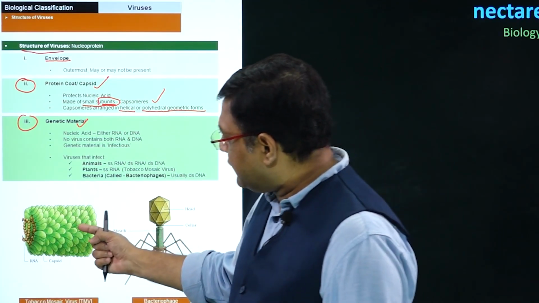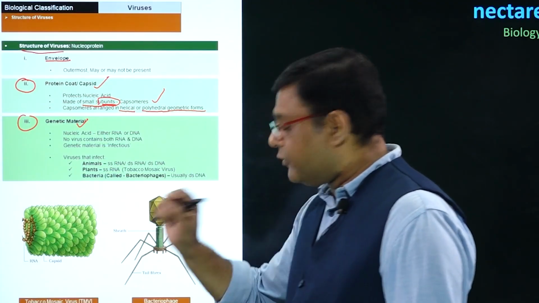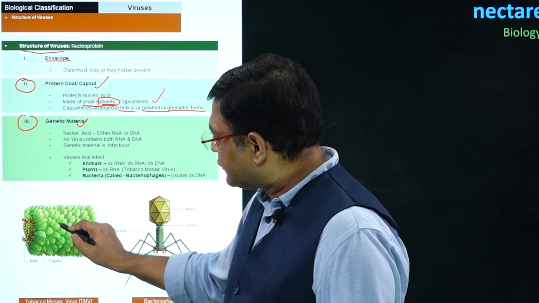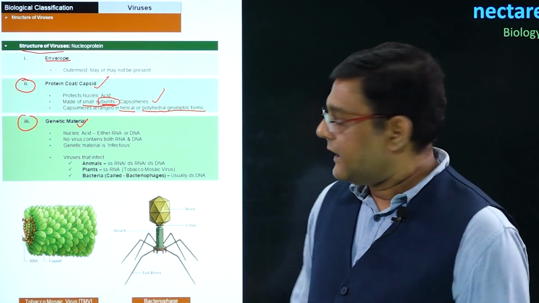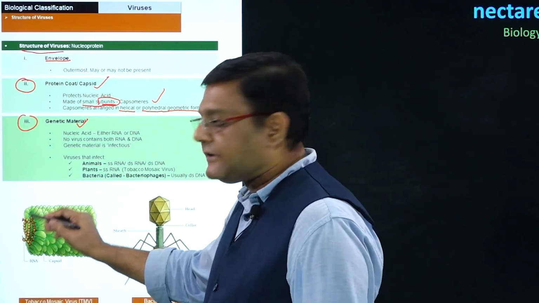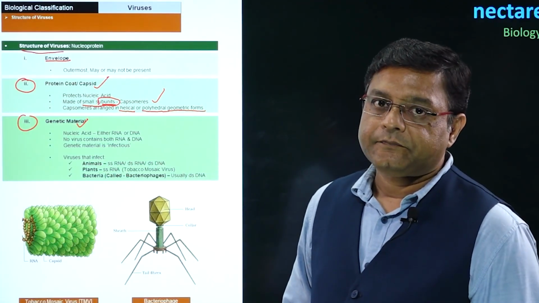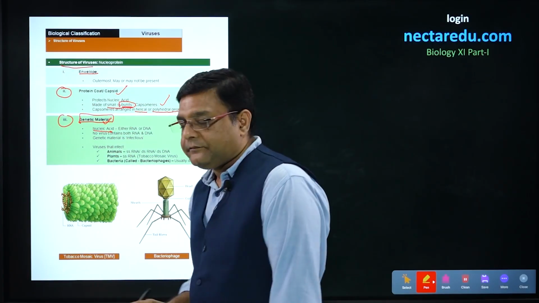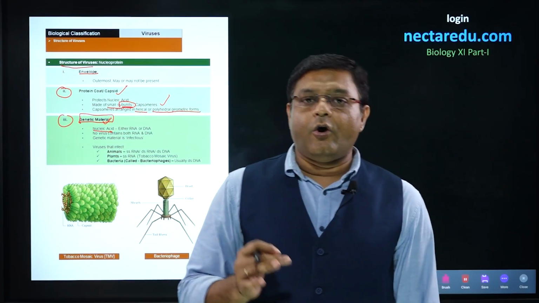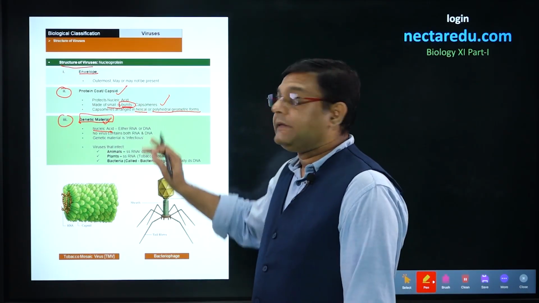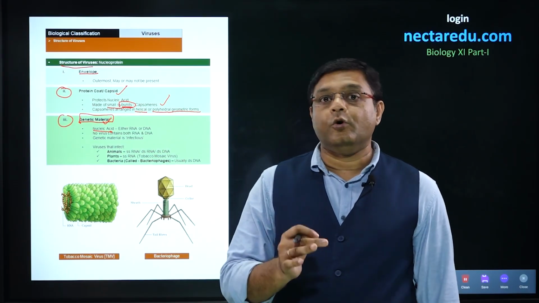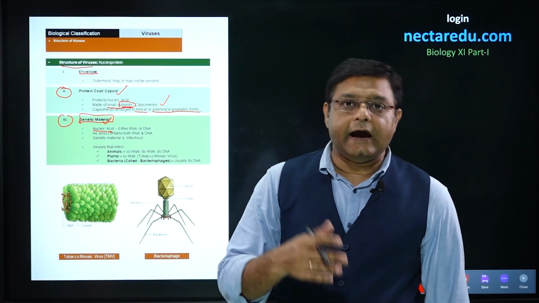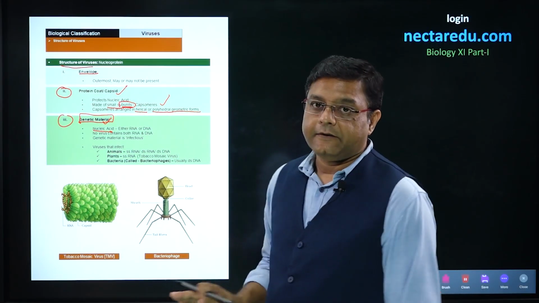We can look into this particular tobacco mosaic virus example structure. In this case, it is the small capsomeres which are shown here, and it will be protecting the genetic material, that is RNA. Talking about the genetic material, in this case, DNA can be present or RNA can be present, but there is no virus which has both DNA and RNA. Some viruses will have only DNA and some viruses will have only RNA.